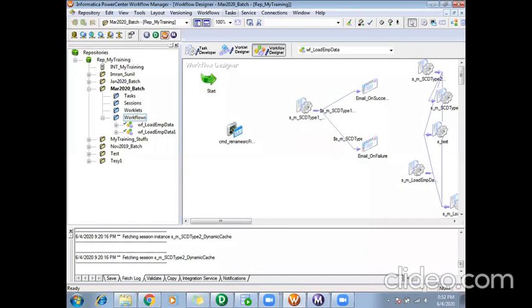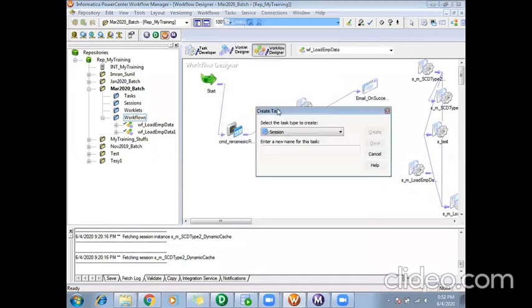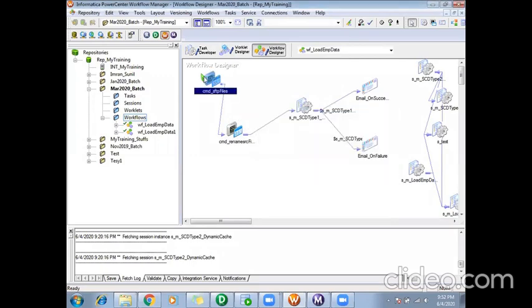Some examples: you might have n number of command tasks in your workflows, depending on the case. You might have configured something like this.